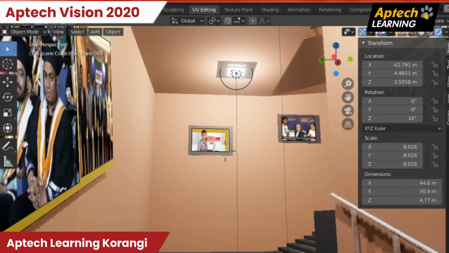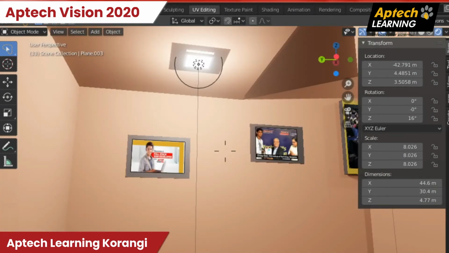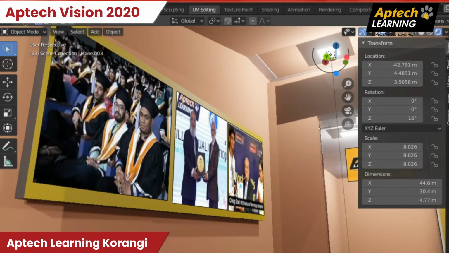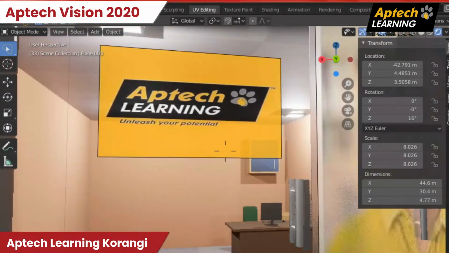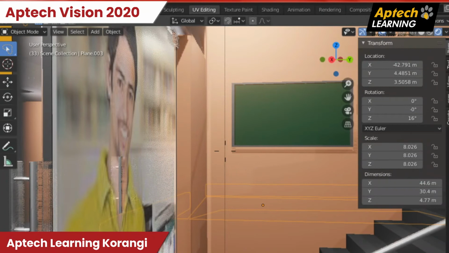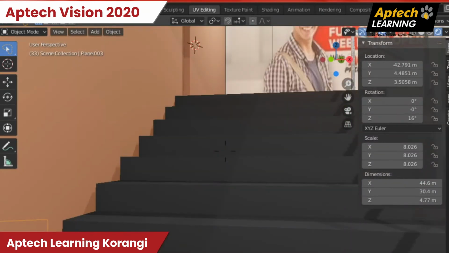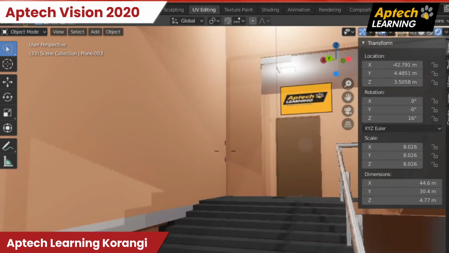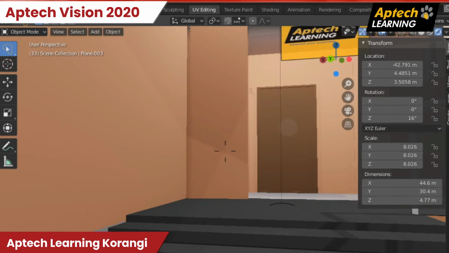So the first time there wasn't any shadow like this, the light was just everywhere. Now you can see here. Sorry for the laggy performance, because this system is not that compatible, and we have used very high poly models here in the AppTech, so there's some issue in rendering, by the way. Excuse me.